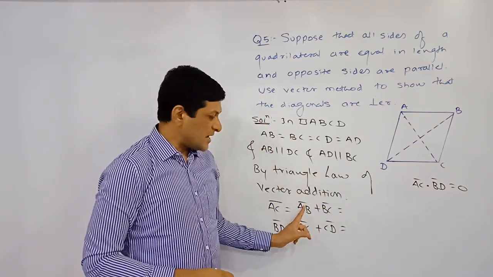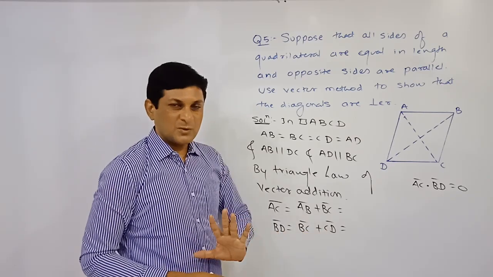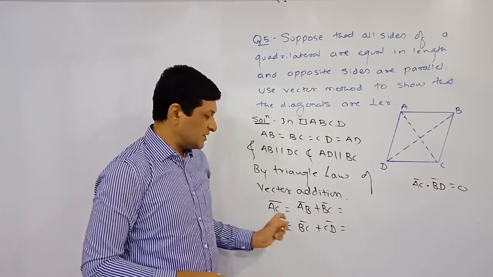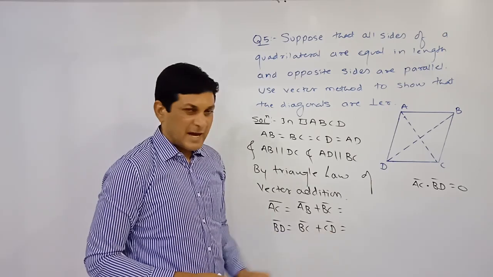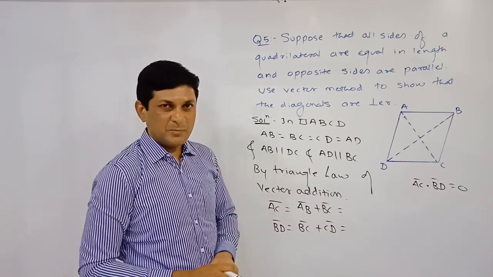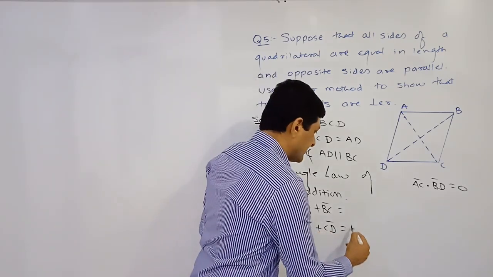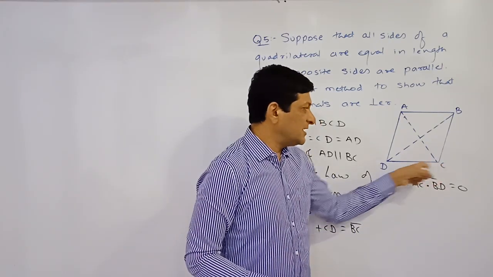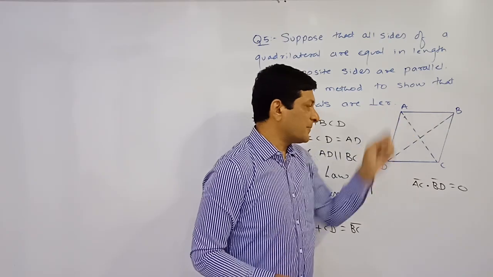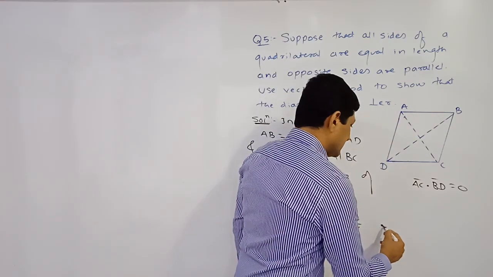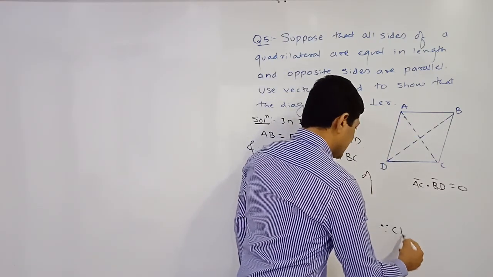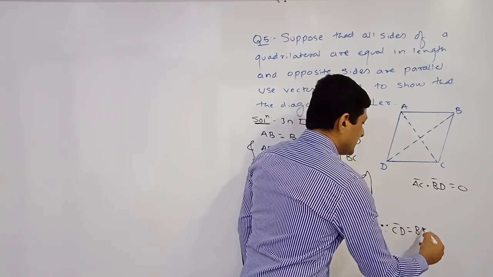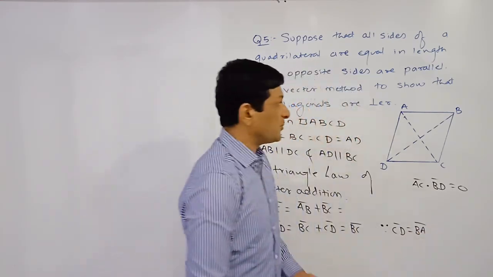So let us try to convert the first part also to be common to both the vectors. So here CD bar, we are trying to convert it in terms of AB bar. So this BC bar, keep it as it is. If you observe, CD bar is equal to what? BA bar. It is given to us that CD bar is equal to BA bar, because these are nothing but opposite sides of